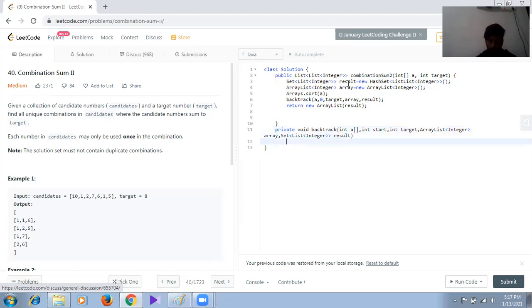Now the base condition we have already discussed. What is the base condition? If the target becomes 0, then that means we have found the combination. We just add this combination to our result. Yes, but not directly add. We have to store the initial,